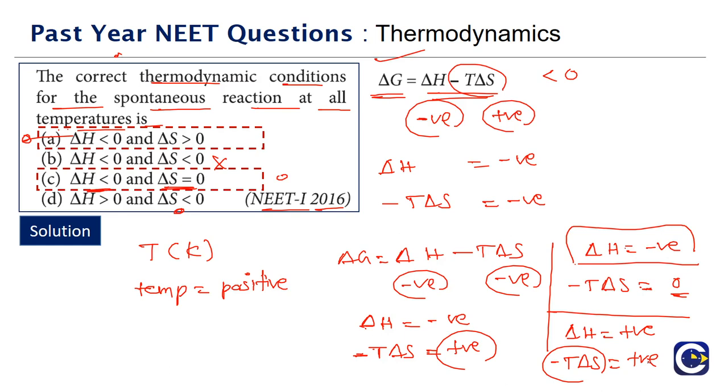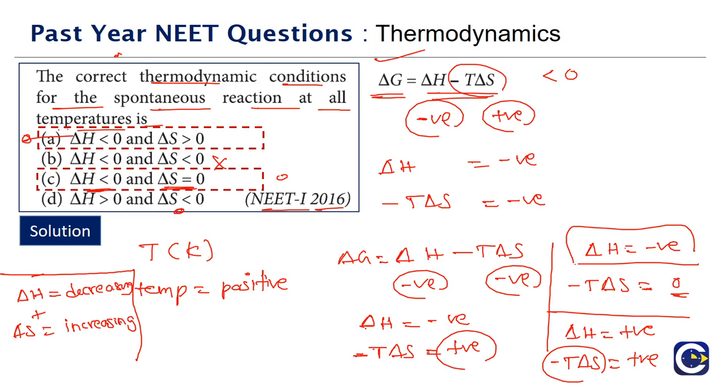In fact, if you look at any thermodynamic process or a chemical reaction, these are the two driving factors. One is enthalpy change negative, which means enthalpy is decreasing. And entropy change positive means the entropy or randomness will be increasing. So these are the two driving phenomena: decrease in energy and increase in entropy.